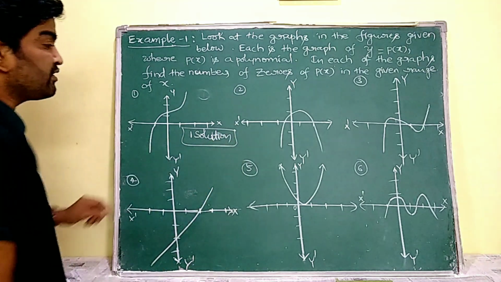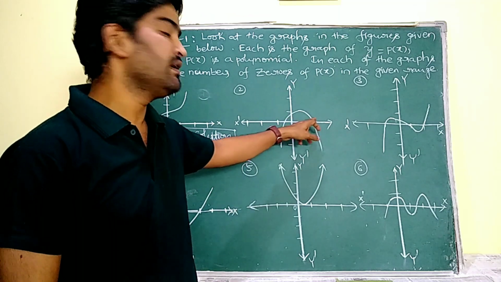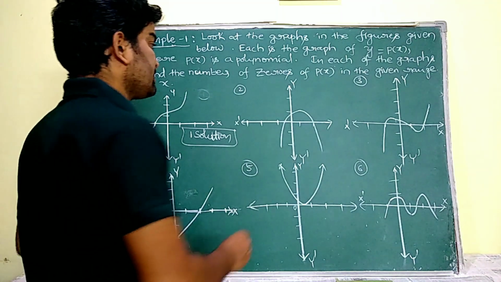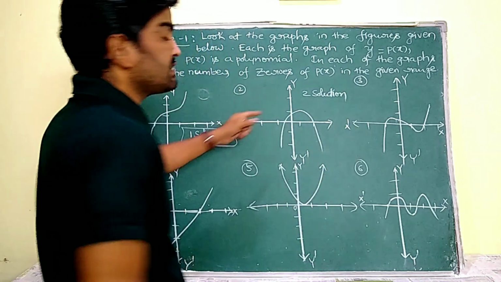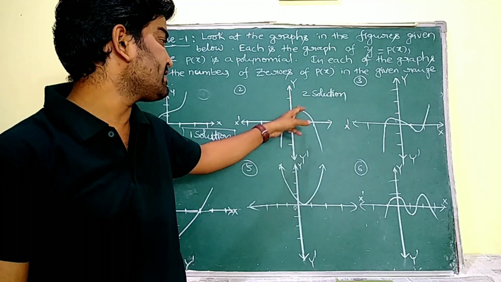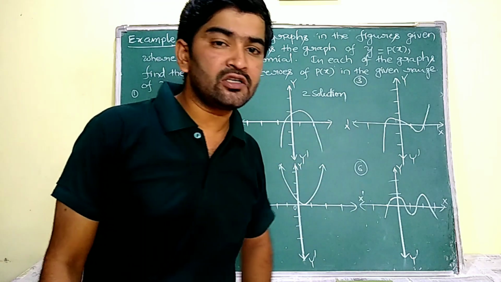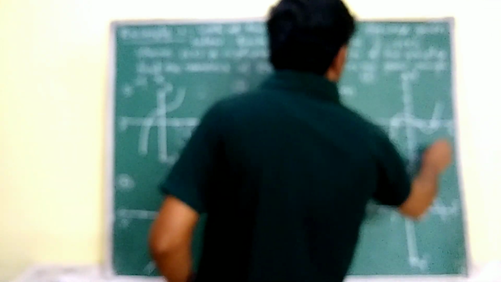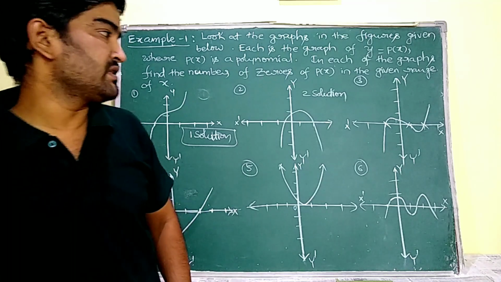Now, coming to the second graph, see ma, here this graph touches the x-axis in two different places, that is here and here. So it is having two solutions. That's your answer. Your explanation is because the graph touches the x-axis at two different points. Now coming to the third graph, here this graph touches the x-axis in three different places. That is why the graph 3 is going to have three solutions graphically.